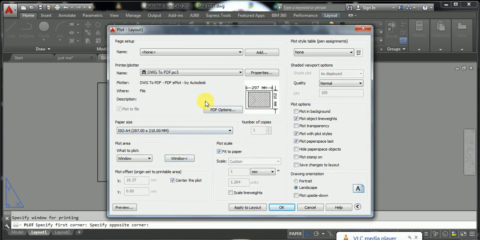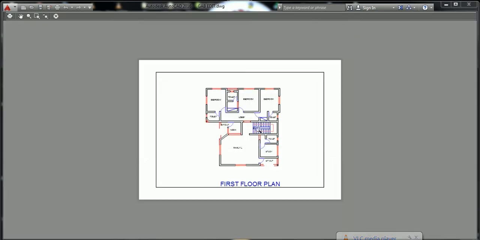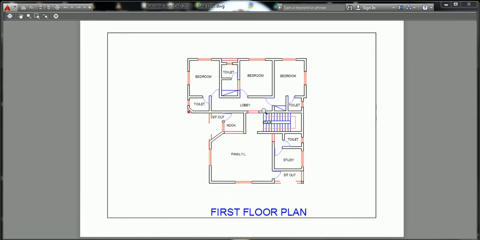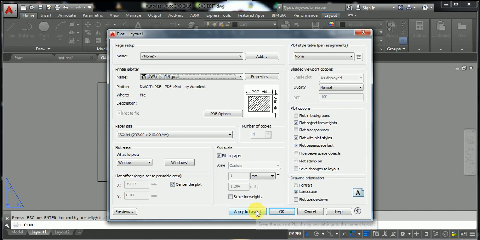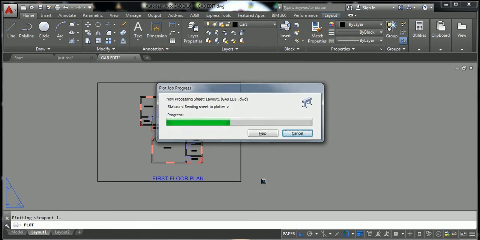Then if you want to preview whether the work is done normally, you click on preview. Then it will display it on PDF. Well, since you have seen that it is okay, if you want to print it, then what you do next, you click escape, then you click OK. Then the work will show your name, then you save it. Let me save this one as the man. Now this is okay.